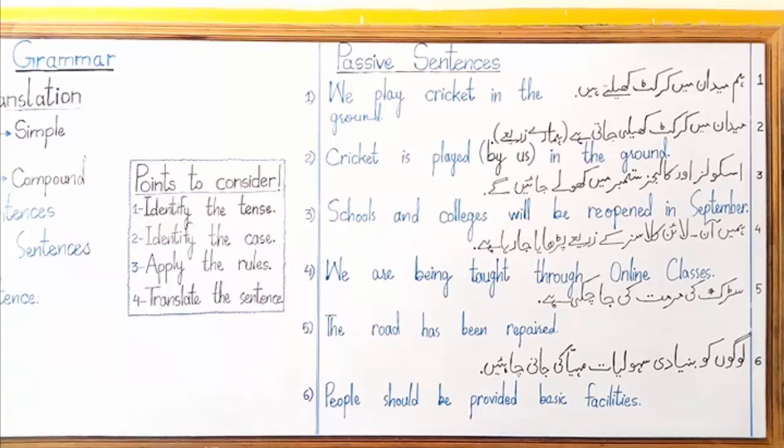My dear students, as I recommended you in lecture number 2 in the series of translation, that you people have to do this work either in your rough register or in your fair register, but I recommended you to do it in your fair register so that you can retrieve this work in time of need when you want to go through the sentences, you want to review the passive sentences, or you want to review the translation at the time of examination preparation. So if you do it in your fair register, you will do it in your grammar section of your register, and you will complete your work, the previous work and this work also.